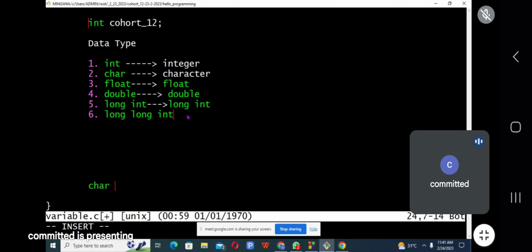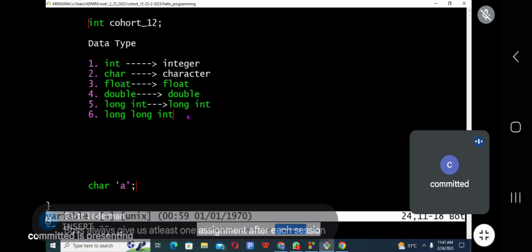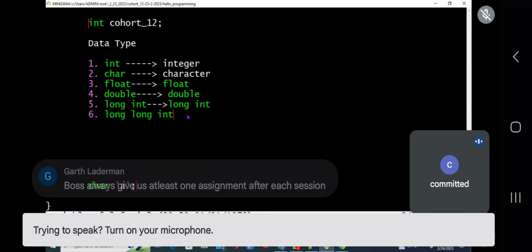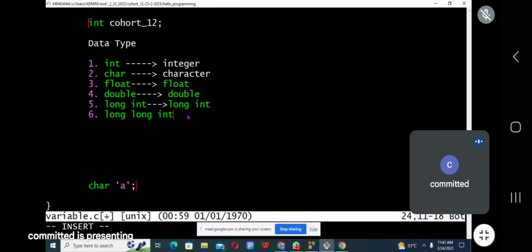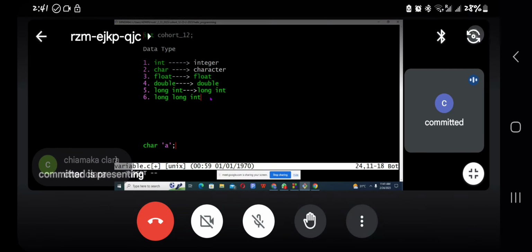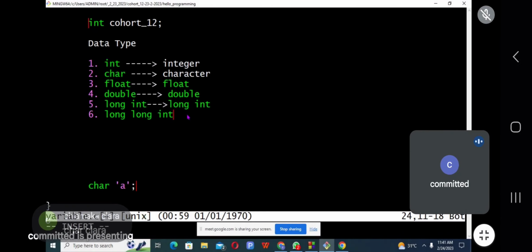Some people wrote it this way. So this is wrong. It is a variable. A variable does not carry quotation.